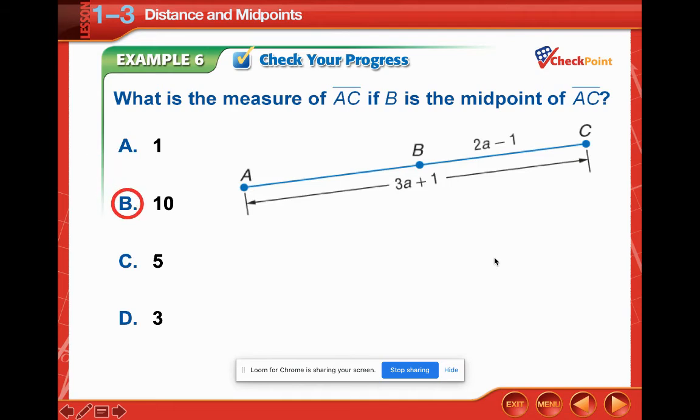All right, so the answer was 10. AC is what we're trying to find here, okay? We know that BC is 2A minus 1, and we know that B is the midpoint between A and C. If B is in the middle of A and C, that means it's the same distance from B to C as it is from B to A. All right, so if this distance from B to C is 2A minus 1, from B to A must also be 2A minus 1. All right, so what I did then is I added them together and made them equal